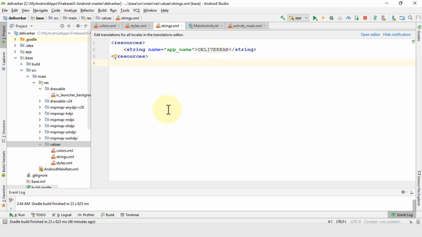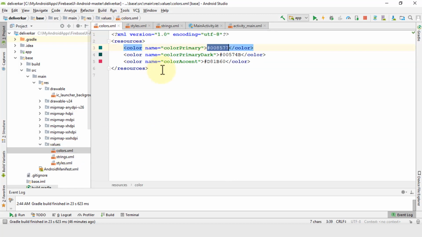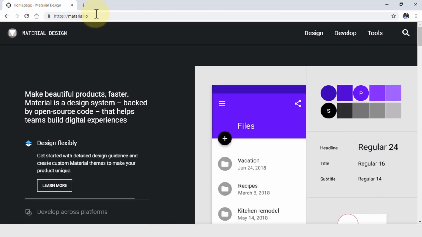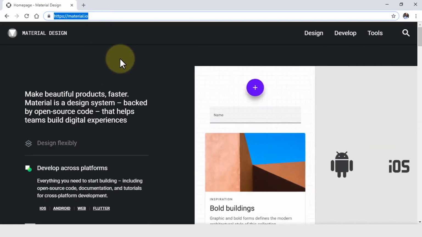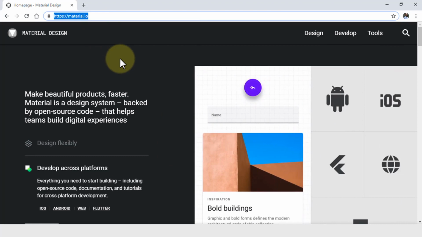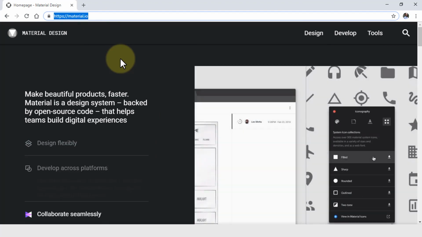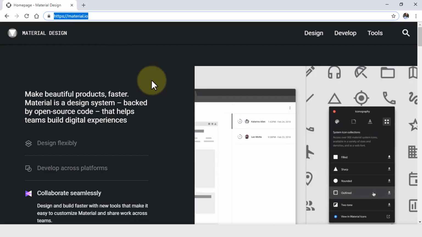All right, so how do we go about actually making sure and then changing our colors? So I could of course change it here, and this is going to reflect on my app, but I want to show you a nice site. It's called material.io. Let me pull that up. In fact, here it is. So just navigate to material.io. It's a wonderful site, and this is where you can design, develop, and take a look at different tools that it provides you. So I'm going to let you explore preliminary, but specifically what I want to show you here